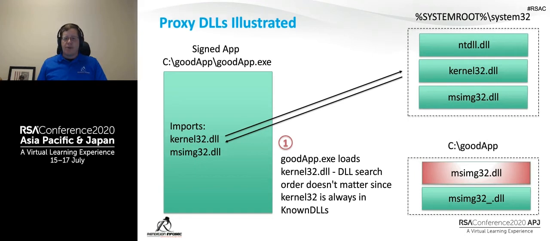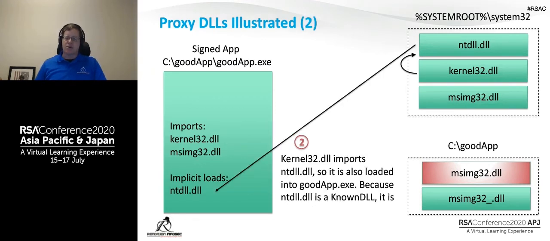And so it's going to go grab it technically from System32, although again, technically it's grabbing it from the object manager, which already grabbed it from System32. And so what ultimately happens there, of course, is that Kernel32 imports from NTDLL. Because Kernel32 imports from NTDLL, NTDLL also gets loaded, right? So we have an explicit load, which is Kernel32, and an implicit load, right? Implicit meaning that it was loaded by something else. It was explicitly loaded by the app.